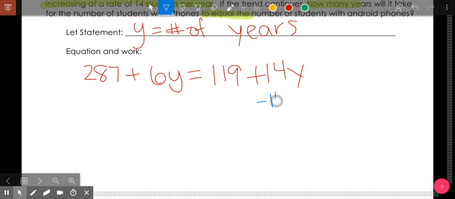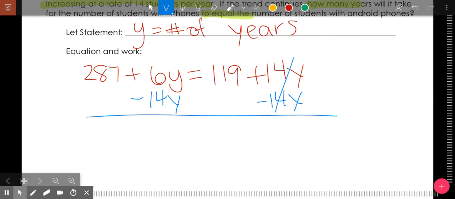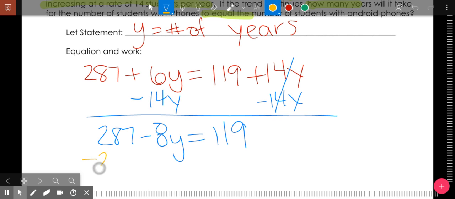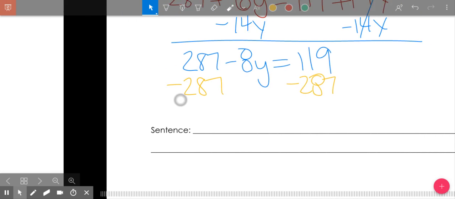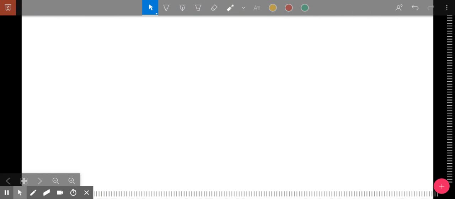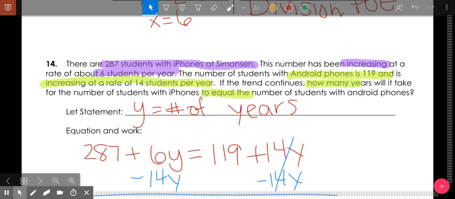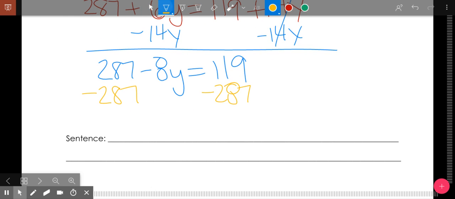I'm going to subtract 14y to get my variable on the same side. It cancels on this side, so I'm left with 287 minus 8y equals 119. I then subtract 287. And I get negative 8y equals